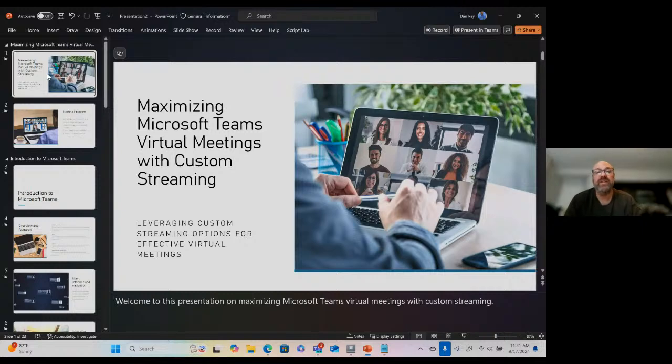I like using them natively because they're browser-based, but I am an MVP in Teams as well as Copilot, so you can imagine that I'm much happier when I get to talk about Teams and Copilot using Microsoft Teams and maybe in conjunction with other services, in this case, StreamYard. Watch for a course coming very soon on this. We have a virtual meetings and custom streaming course we are about to publish, and I'm sure this will be part of it.